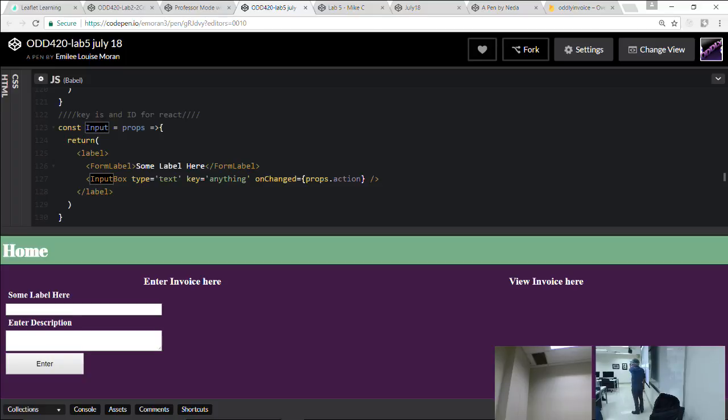But she said that the onChange was after. That is true, but she called it action, right? So we're calling props action, which we'll call your onChanged. But this onChange, that's specific to HTML. Like that's not React.